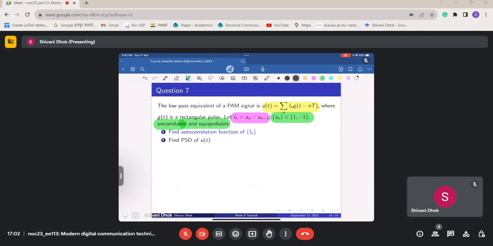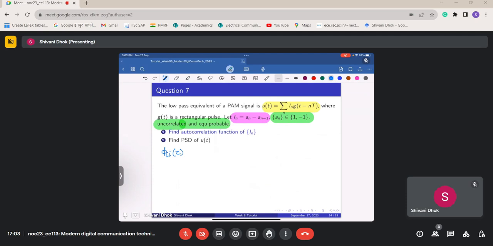I hope this is clear. Any questions? So now what we have been asked is we need to find the autocorrelation function of I_n, and after that we need to find the PSD of this signal u(t). So we'll start with finding the autocorrelation function of this I_n. So what we need to find is phi_I of